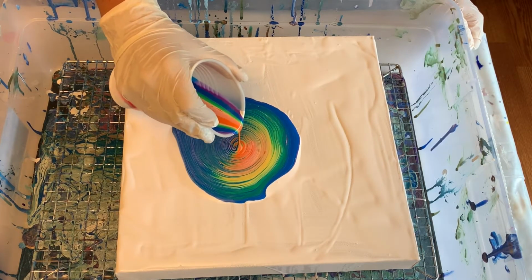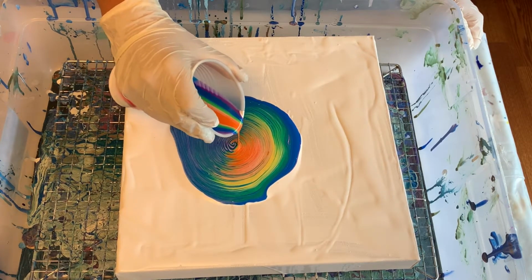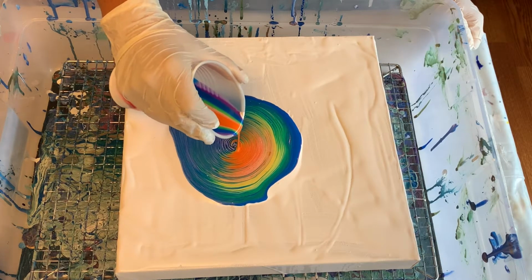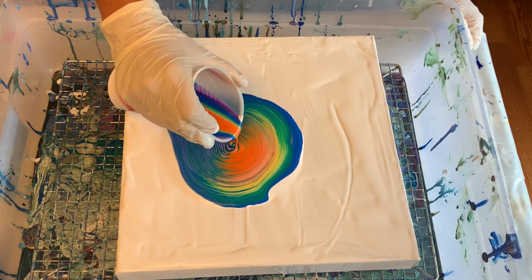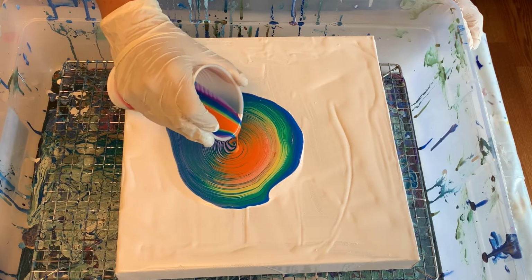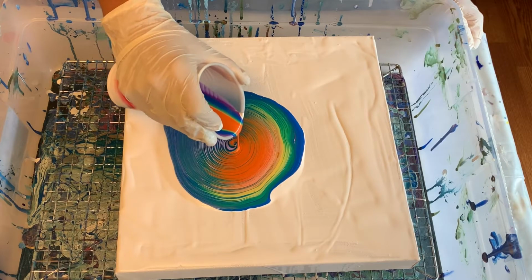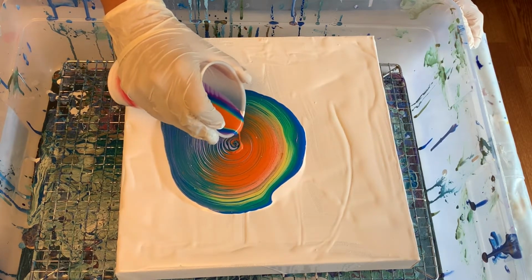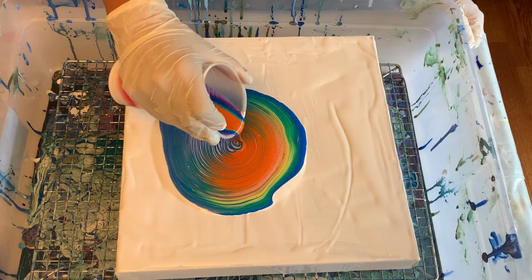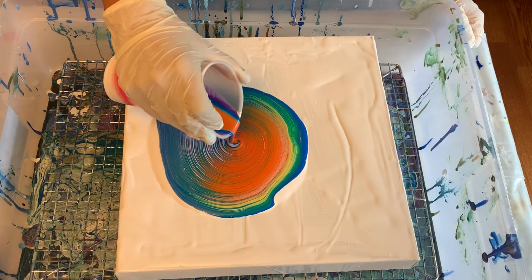I am afraid I do have too much paint, and I did this one different. The other one I did the blue and the purple, the first colors, because I wanted those to come out last. And this one I did the red and the yellow and the orange first. So we will see what kind of effects we get with that. I always tend to go to the right when I'm doing a tree ring, and I get my tree ring off center here, but